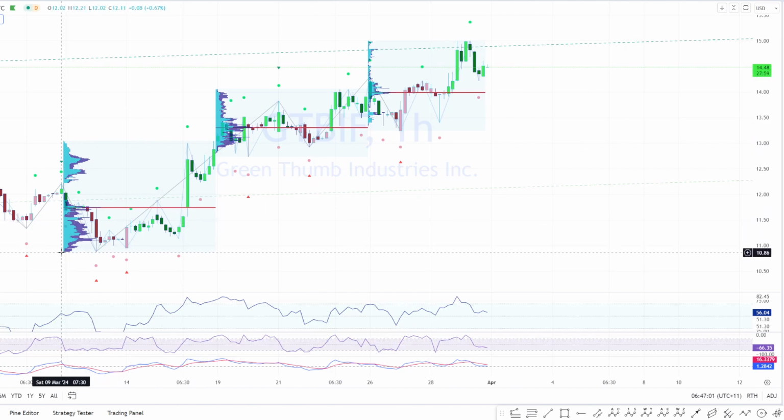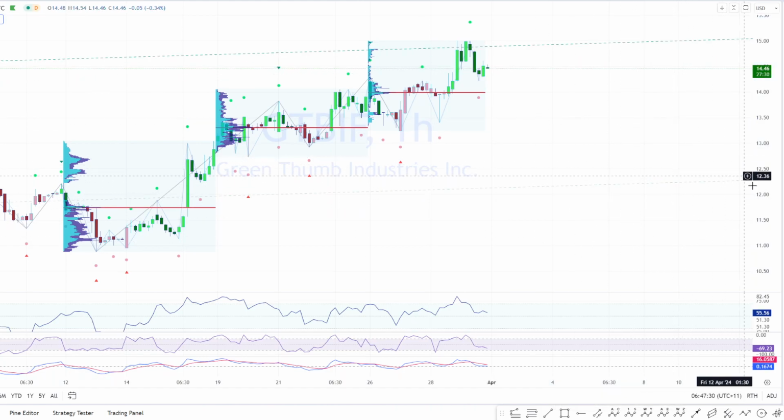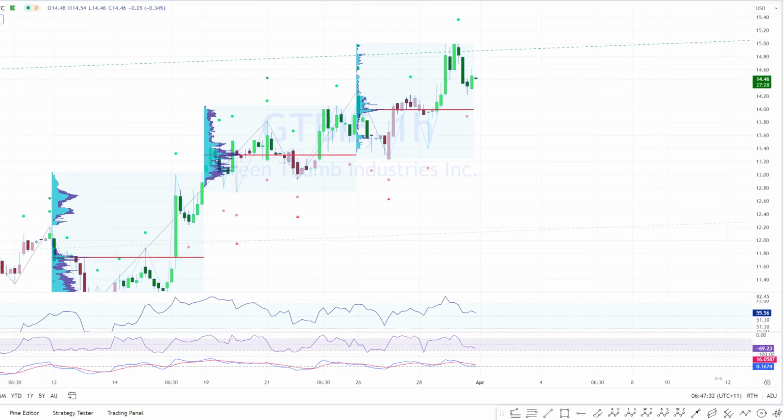Without something unforeseen happening, there's no reason to not stick with this. This looks pretty good to me. Another really good thing that I like about this week, of course, is that when we came down and tested